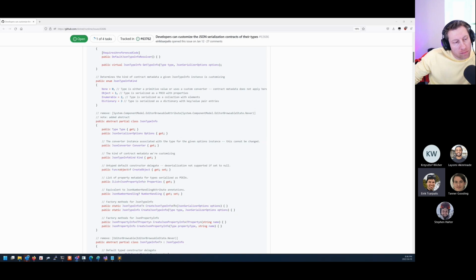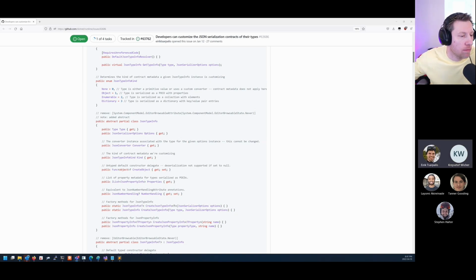In any case, the main thing is that writing custom converters is hard, especially for arbitrary types. And the other thing is that custom converters are fundamentally restricted because they do not pass serialization state and they cannot be async at the moment. That was actually one of the main reasons why James contacted us in the first place, because he actually did that. He wrote a custom converter